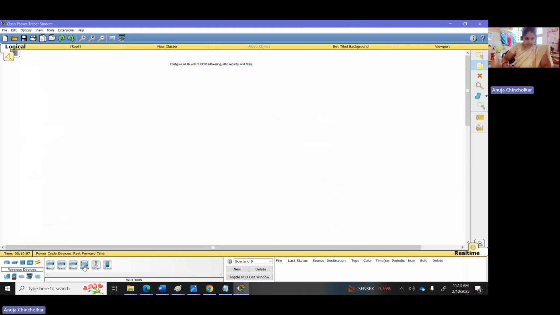Cisco Packet Tracer, we have this wireless router. So I can take this wireless router for my setup, and I need some end devices. So in end devices, you can check these end devices are also given, which have wireless connectivity. So I will take these two devices here. You can see without doing anything, these links are automatically generated between these end devices and the router because they both have wireless accessibility.